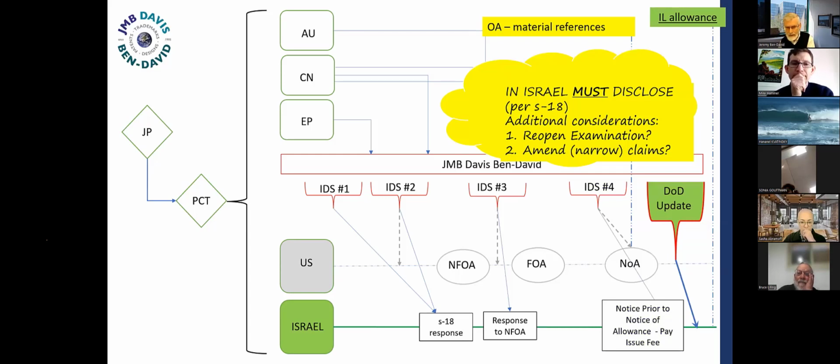Now, this is an interesting situation. We've had all the IDSs filed when they've been filed. And then we get additional references, in this case from Australia. And let's say they are material references. As I mentioned a moment ago, even after the issue fee has been paid, prior to publication, we must file an additional update with these additional disclosure documents. If we're talking about material references, also as I mentioned, material or not, the examiner will not look at them.